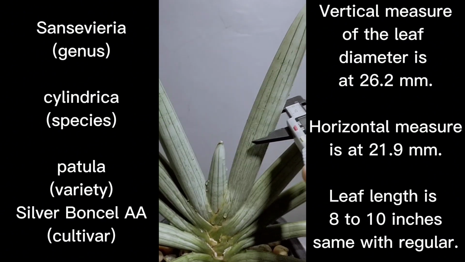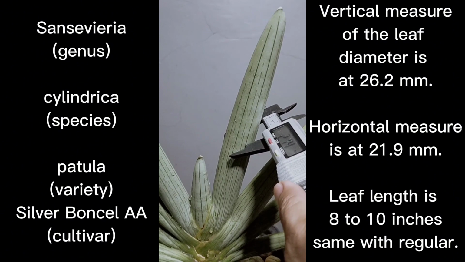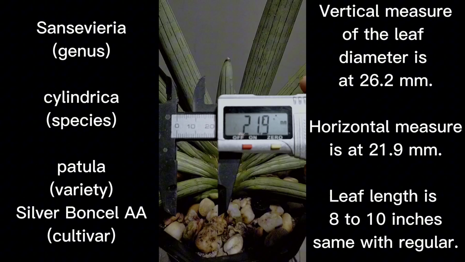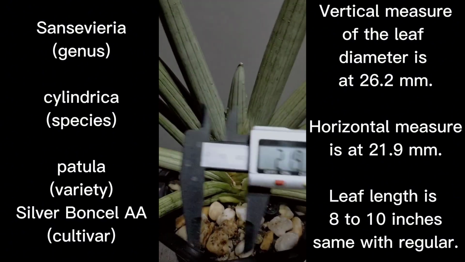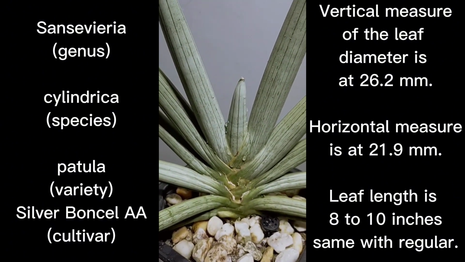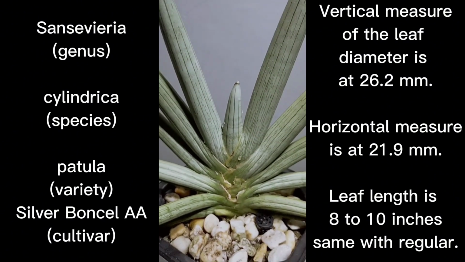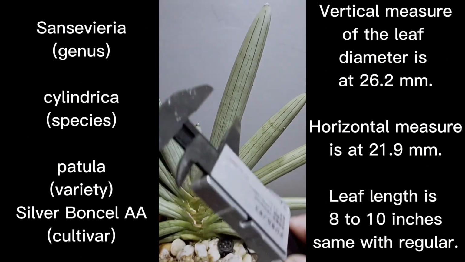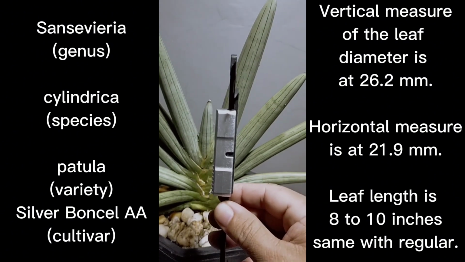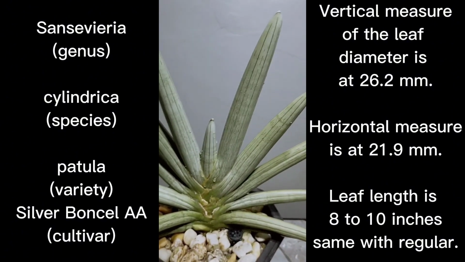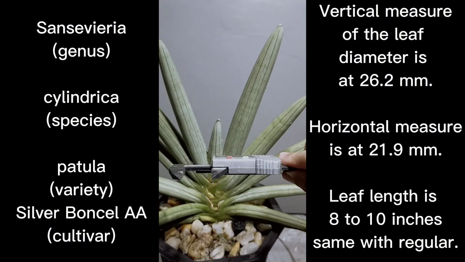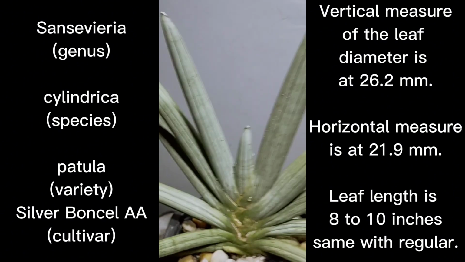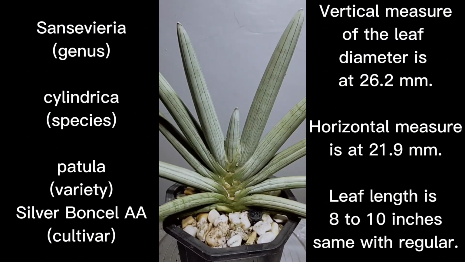As you can see, I am trying to adjust it. So from 29, it just reduced to 21.9 millimeter for the horizontal measure of the cross-sectional area of the cylindrical leaf. So when you measure it vertical like this, it is wider compared to measuring horizontal such as this one with this specific equipment or tool. Alright, so we have measured the cylindrical leaves,